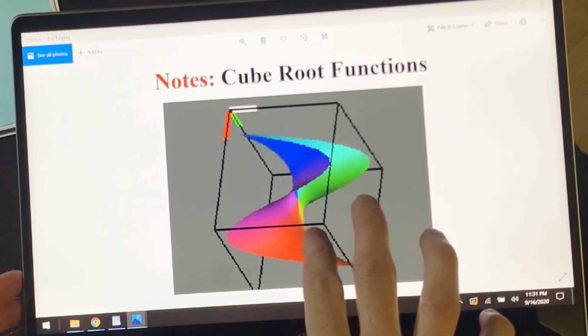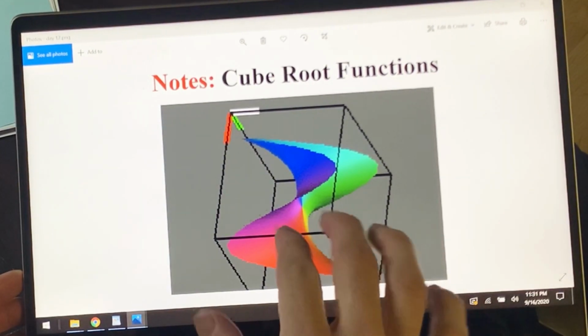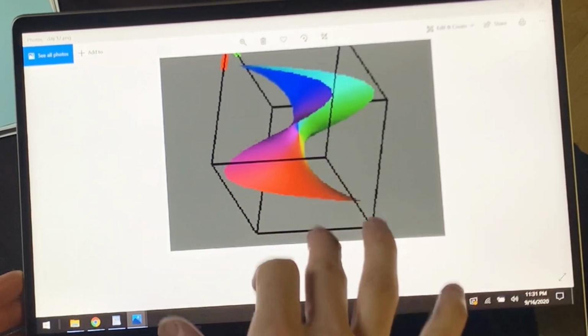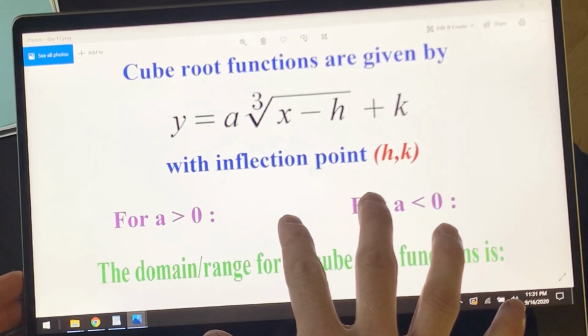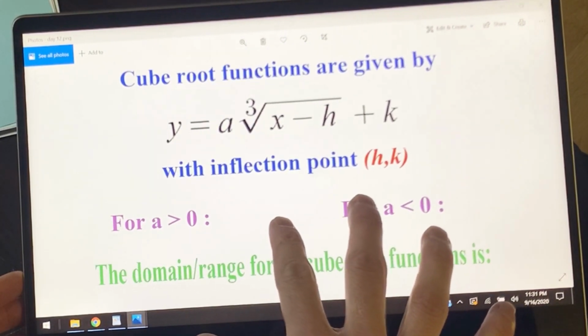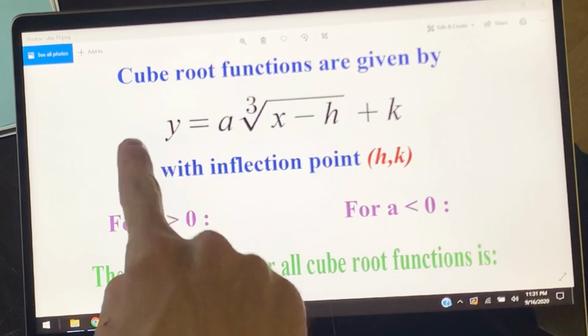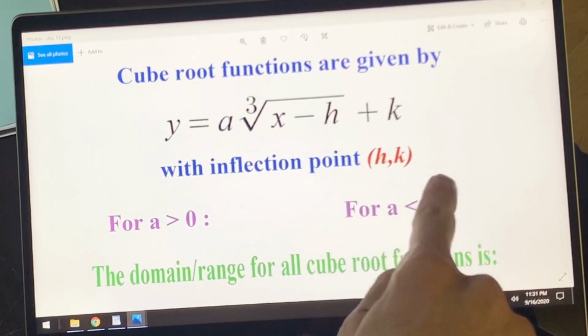So here's the title from this particular lesson, cube root functions. You could always pause this video if I go too fast. Let me move along here. These are the things that you need to know. Let me just say a few things here as you copy this down. So cube root functions, this is the only equation we'll be using for cube root functions, and HK is the